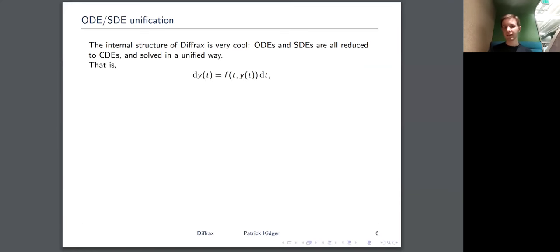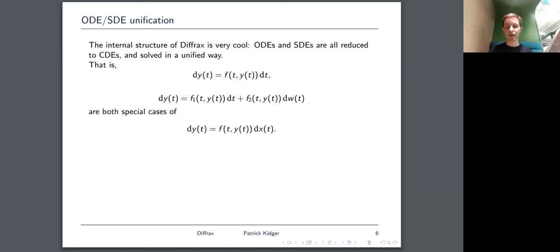Well, let's just write down an ODE. There we go, ODE, nothing complicated. And now let's write down an SDE. Again, nothing complicated. This is just a generic ODE and a generic SDE. These are both special cases of a controlled differential equation, which is an object that looks like this. If we look at the ODE up at the top, this is taking x of t equals t. If I have this continuous path x, and it is just the identity function x of t equals t, then my controlled differential equation reduces down to an ordinary differential equation. Meanwhile, if my x of t was (t, w of t)